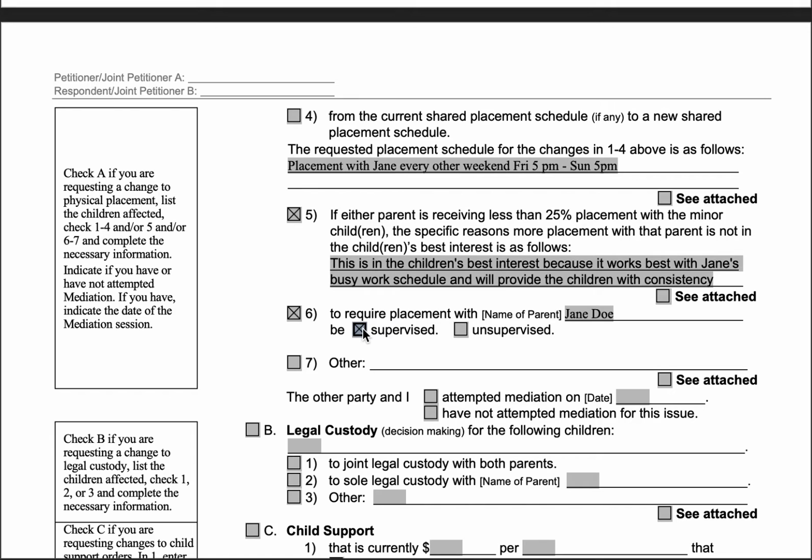Or if somebody already has supervised placement and we want it to now be unsupervised, you can check unsupervised. So again, name of the person whose placement is currently supervised, and then check here that we want it now to be unsupervised. If again, your current order doesn't have any supervised placement, you don't want to ask for any, you can just skip number 6.